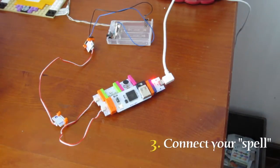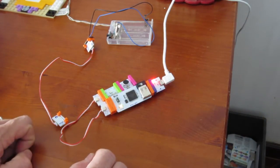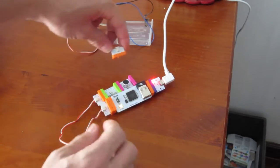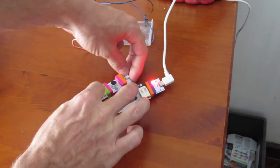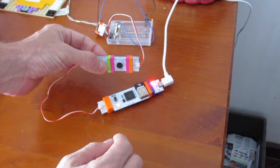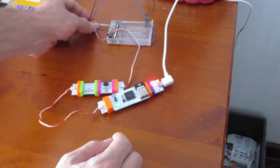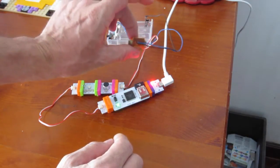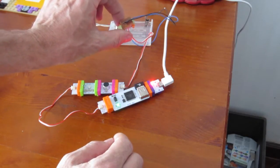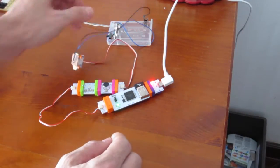Next, you want to hook up the sound bit to whatever spell you're going to be making, whatever other pieces you have. It can be whatever you want, but in this case, I'm going to light up some Christmas lights. So I'm getting a wire so that the sound trigger is separate from the rest. And then I've hooked it up to my own personal hacked external wire. Check out the project for the external wire to see how I did that. And I'm hooking that up